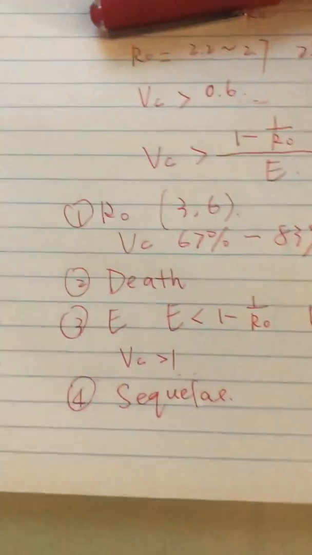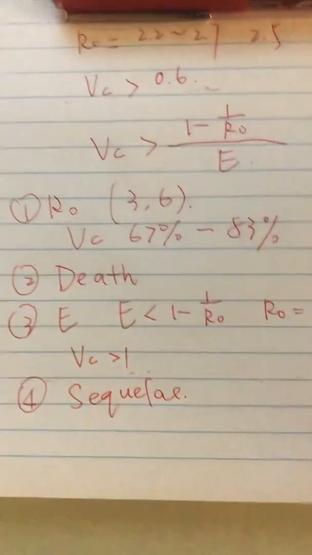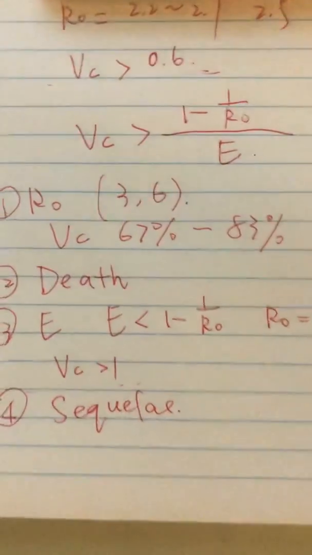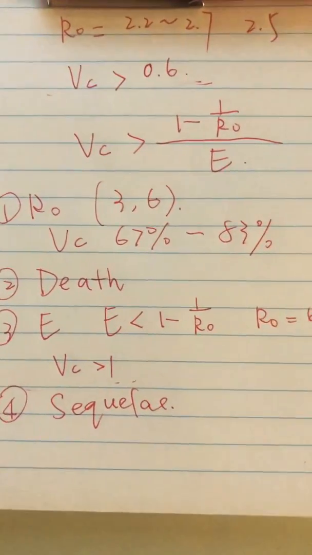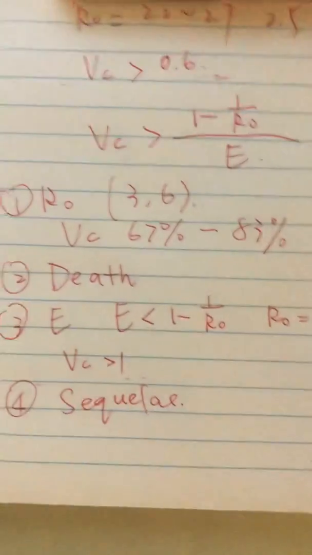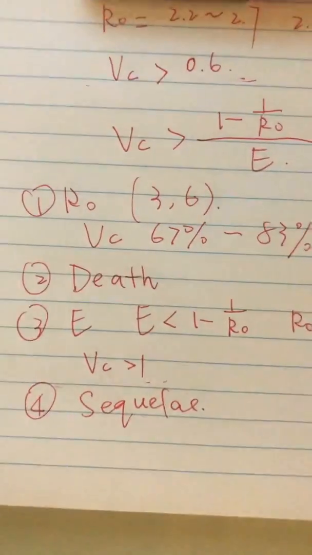And problem number 4 is sequelae. There are researches showing that with coronavirus, even if you're cured and now you're immune, there are sequelae like a weakened reproductive system. So yeah,